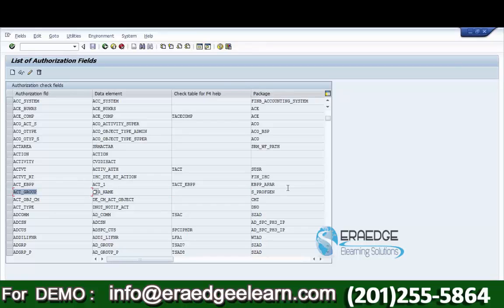So what exactly is a data element? Whenever we save some data, like ABC as text, or a user ID or anything, the text is contained in this data element. This data element will have a field name attached, and to this field we will give access like read, write, etc. That will apply on this data element.